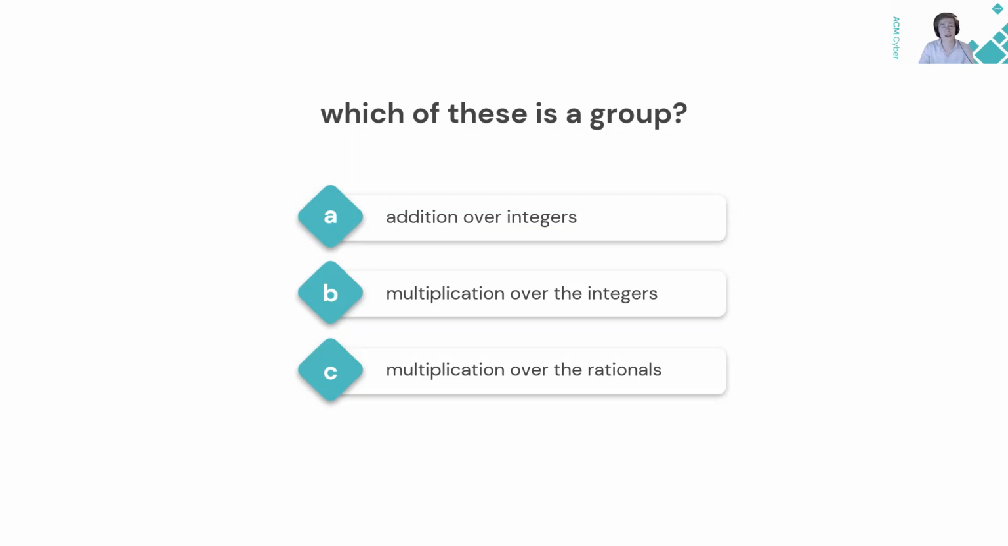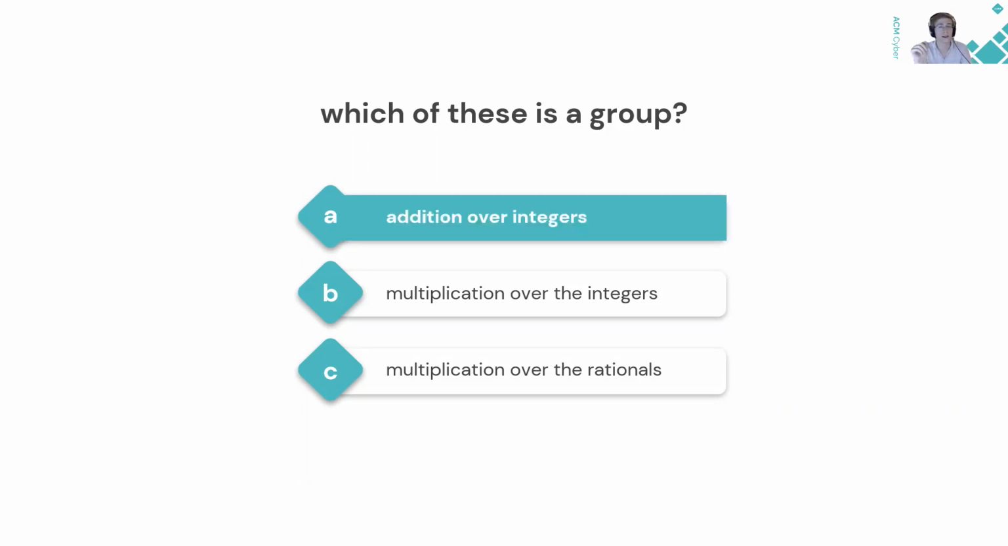This one is a little tricky, but the key here is that, yes, you're totally right, it's A. And the reason why is because we just talked about it. Addition over integers is the prototypical group, right? But what's not so obvious is why these other groups are not technically a group at all. So the problem stems, so with the second one, multiplication over the integers,